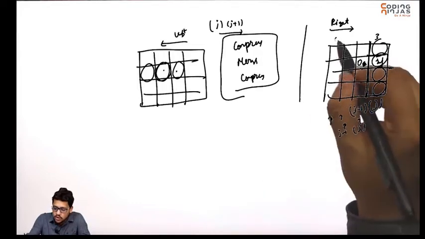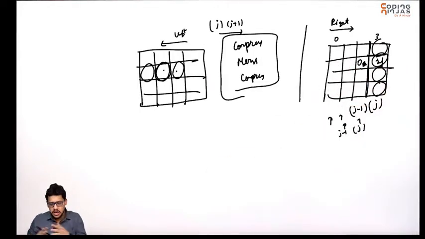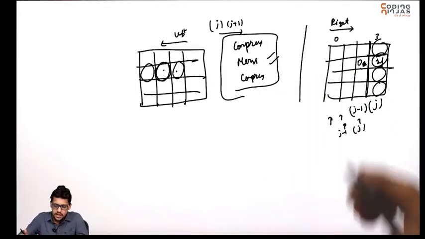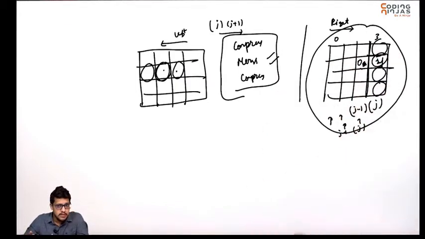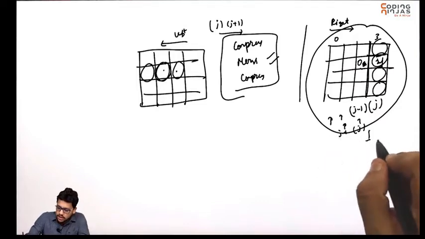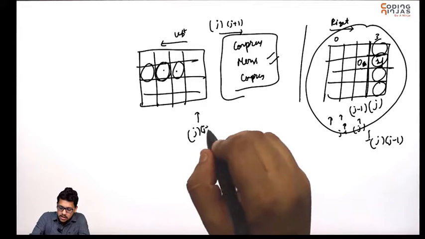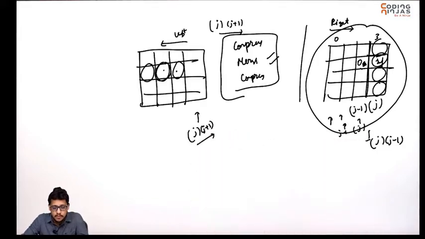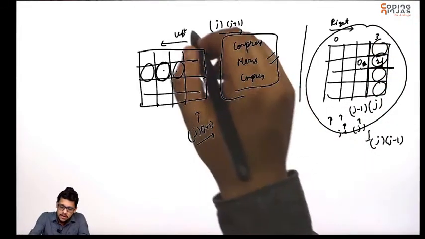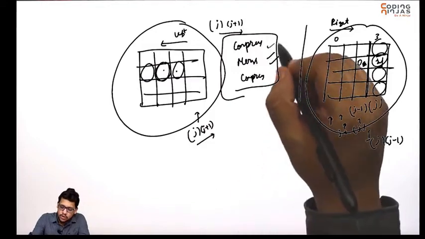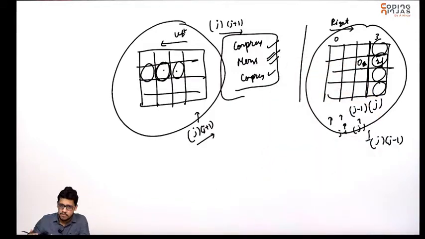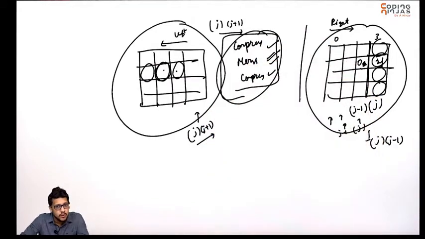So from 3 to 0, you will be comparing from jth to jth minus 1, and accordingly compress, merge and compress will be happening. One way is you can have a separate function of move, merge, compress in terms of jth and jth minus 1. In left we had compared jth with jth plus 1 and accordingly made the movements. But we can generalize this as well. If we know the left move, we want to use the logic behind compress, merge and compress, same as in case of left move.